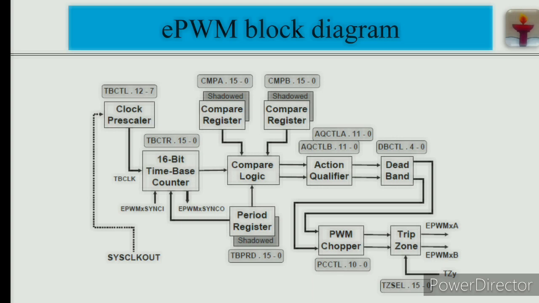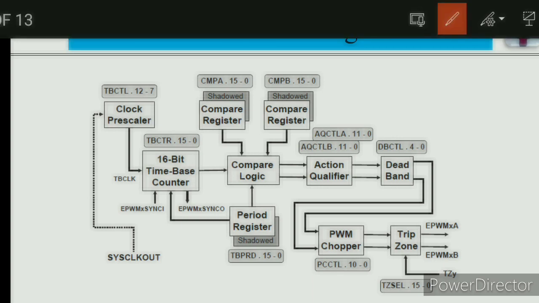Now this is the EPWM block diagram. We can see different modules on the EPWM block diagram. One thing here is the system clock output. This is the frequency of the core, which will be 100 megahertz to 150 megahertz depending upon your DSP processor. And here are different registers like the time based control register, TBCTR, the time based counter register, TBPRD, the time based period register, and other registers it has. We will talk in detail about how to assign these registers for particular applications.